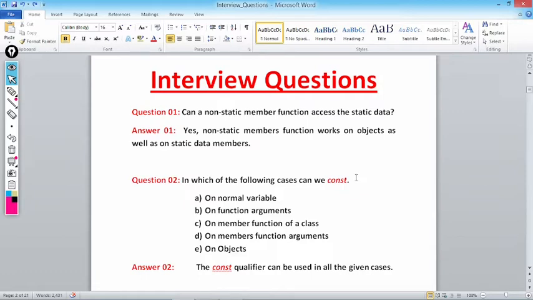Whereas the reverse is not possible. What does it mean? A static member function cannot access non-static members of the class.